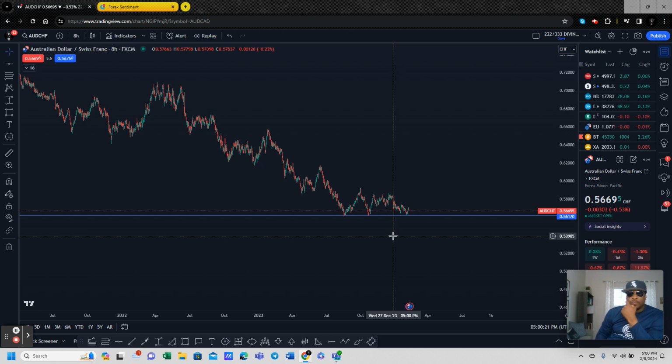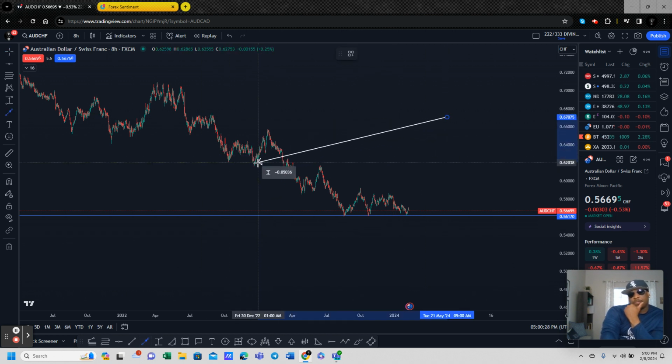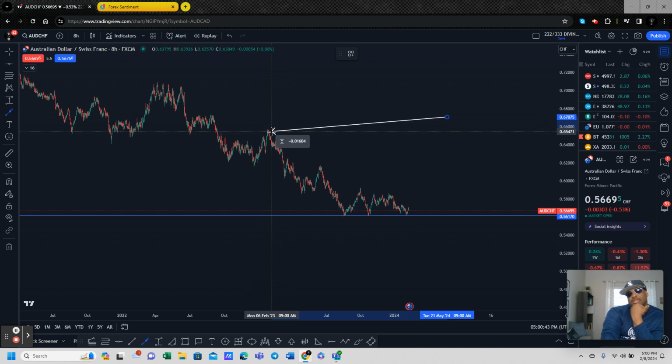But for the most part, you want to look out for liquidity traps like this. So look at this, what we come down here. This traps all the what? The bears, right? Everybody going short. They come up and they just wipe out all this liquidity. A lot of people's stop losses are up here, and they just take it out. And then look what happens.